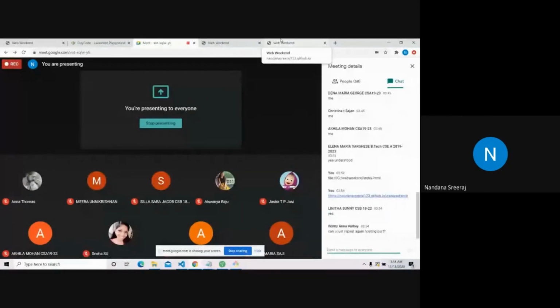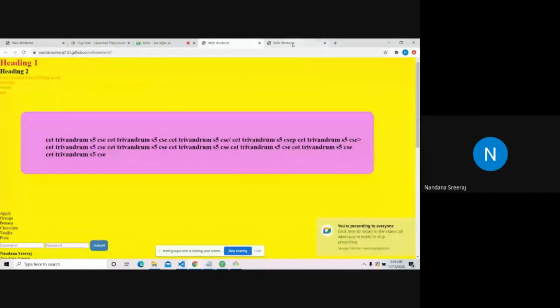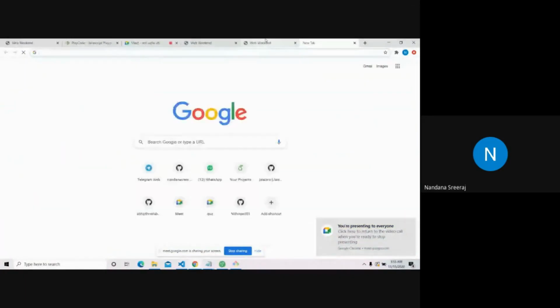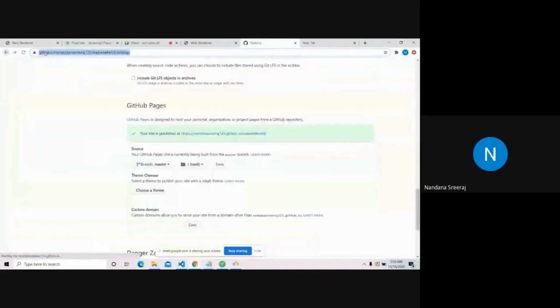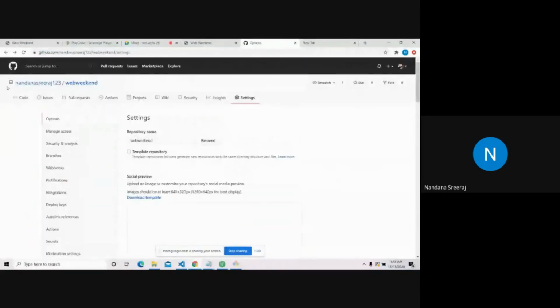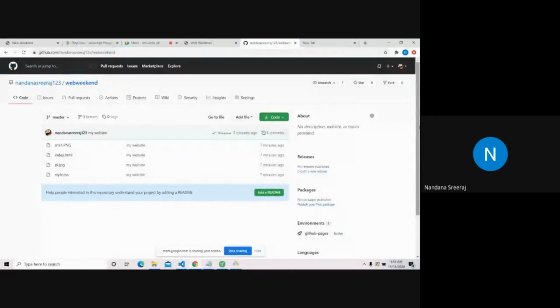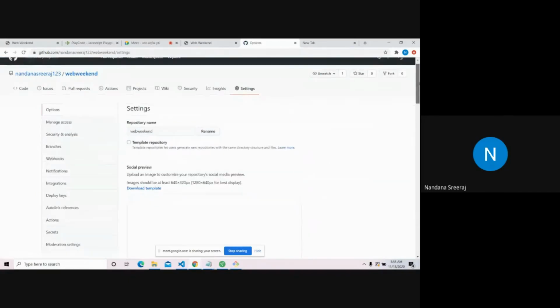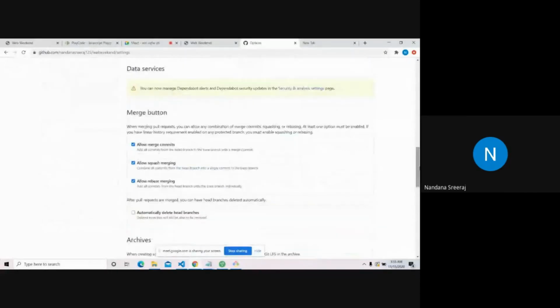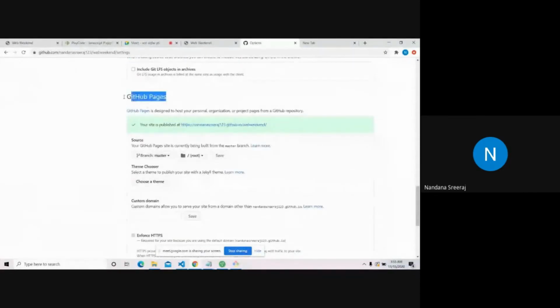I hope you got it. Can you just repeat the hosting part again? Yeah, sure. Where is my GitHub? In your GitHub, the home page is this, right? You have your repo, your code, everything here. For hosting, in the top row we have code, issues, pull requests, actions, projects, wiki, security, insights, and in the end we have settings. Just go to settings and scroll down until you reach GitHub pages.